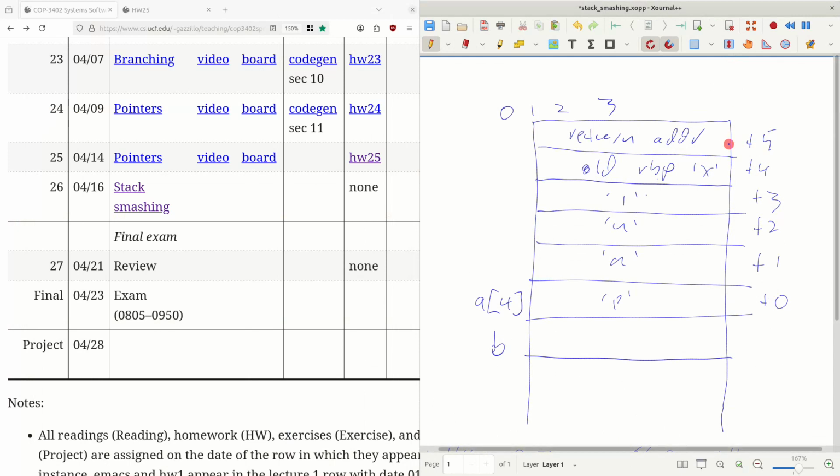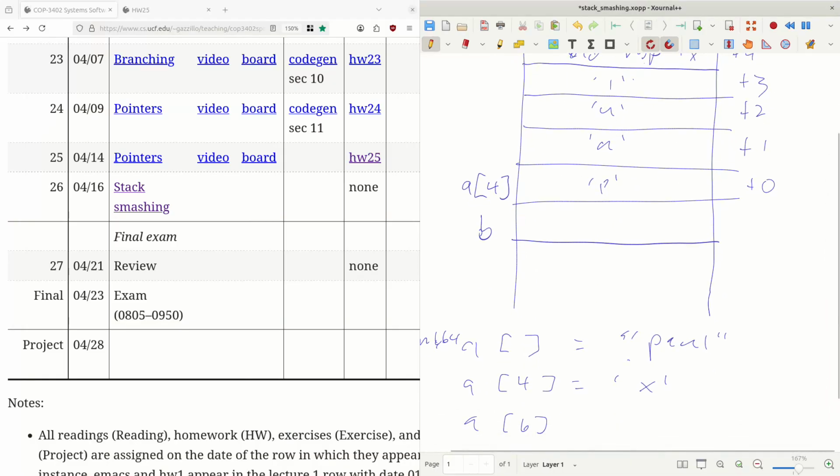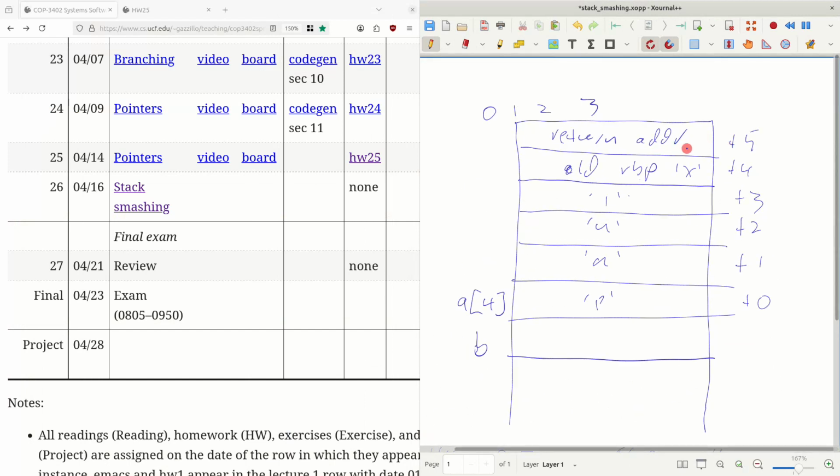So this is called stack smashing. This is where you write outside the bounds of arrays, which is undefined behavior in C. It's on the user to not allow that to happen. And because most compilers will just compile undefined behavior into the simplest thing they can do, which is to just pretend that it's an infinite bound array, it will actually translate these writes, even though they're not valid C,